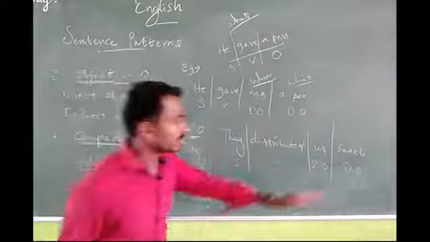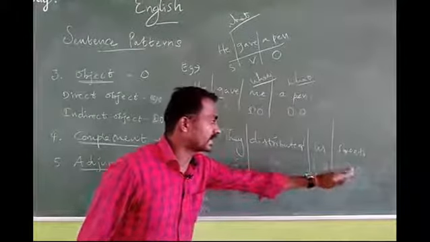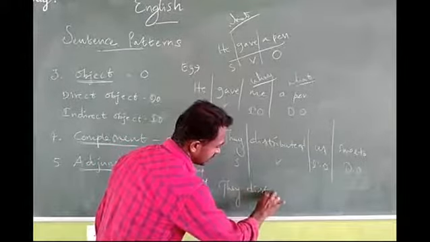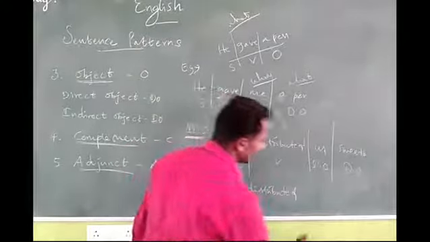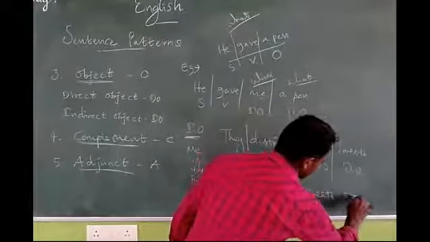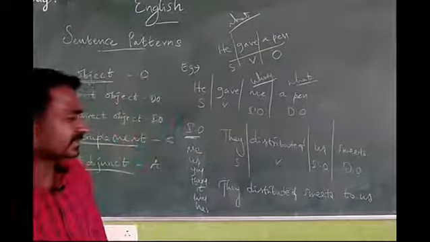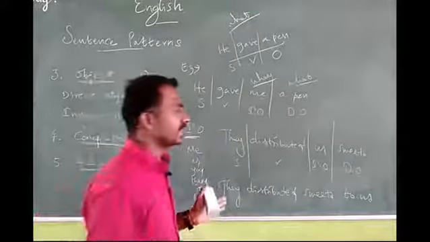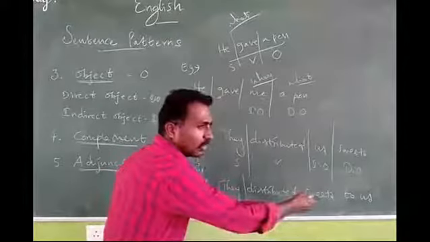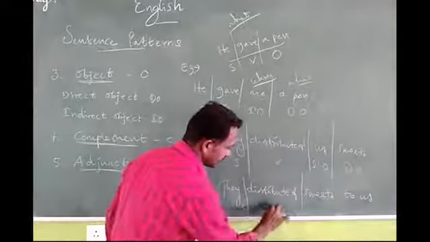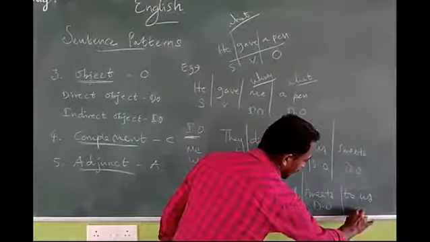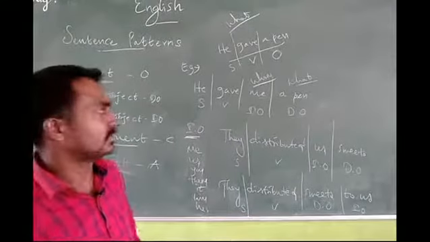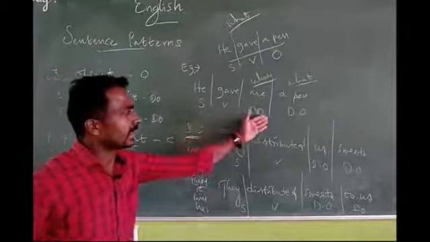So sometimes the indirect object goes next and the direct object comes first. How, sir? Same sentence. They distributed sweets to us. So here is a small inversion. The direct object comes first, the indirect object goes next. That's all. Here also, what and to whom. So the same thing: subject plus verb plus DO and IO. DO refers to direct object, IO refers to indirect object. This is the difference between IO and DO.